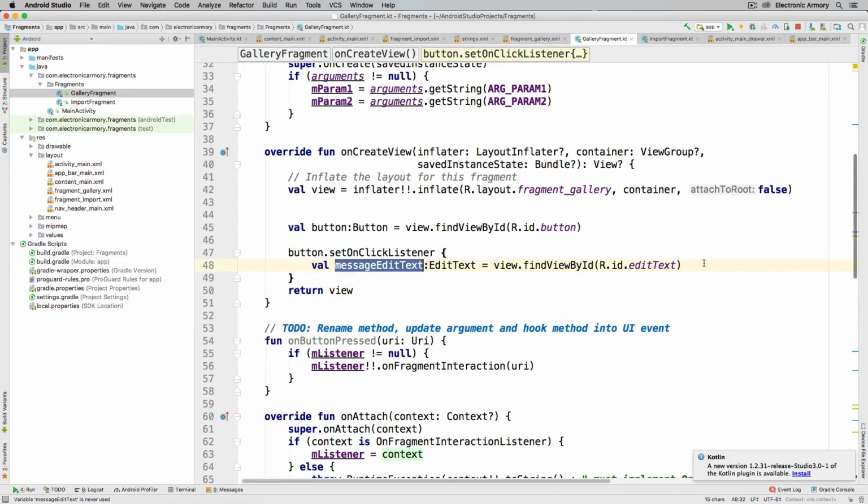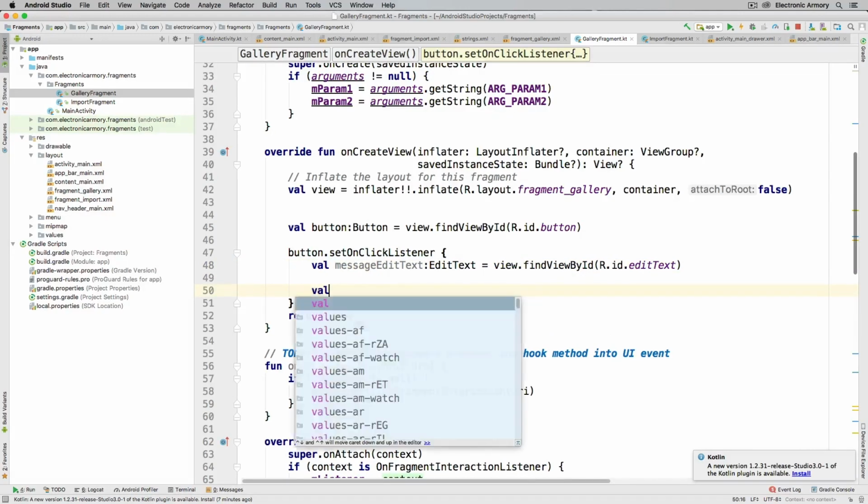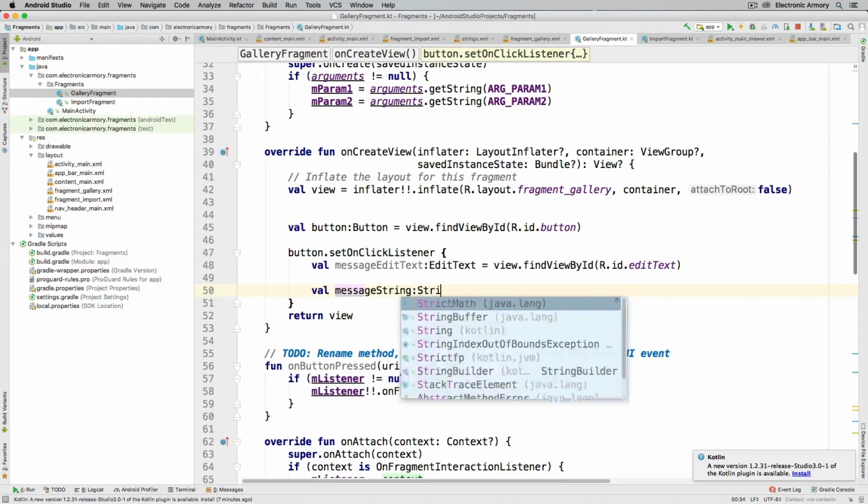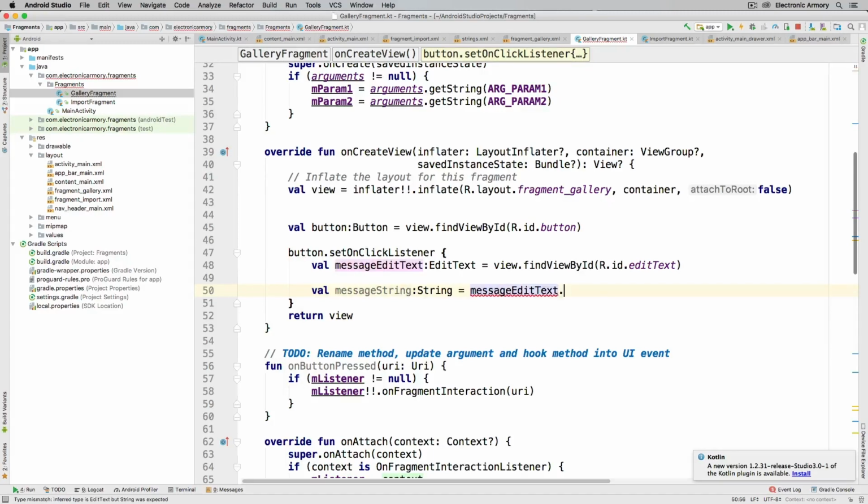And again, once we have the reference to that, we can then get the string value. So let's just say message string of type String, and that's going to be the edit text dot text dot toString. Okay, so that will get the text that's inside of our edit text widget. And this is a different type, so we then have to convert it to a string so that all of our types match up here. Okay, so now that we have the data that we want to extract from our edit text and eventually post up to EventBus so that our import fragment and our main activity get that data,